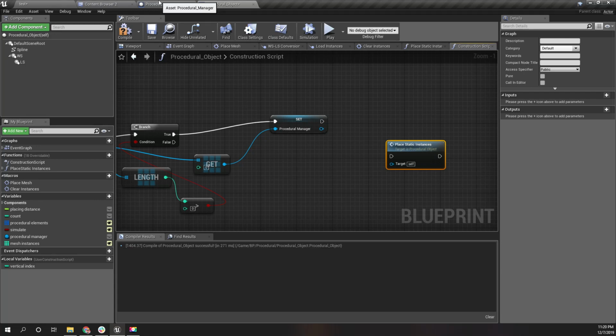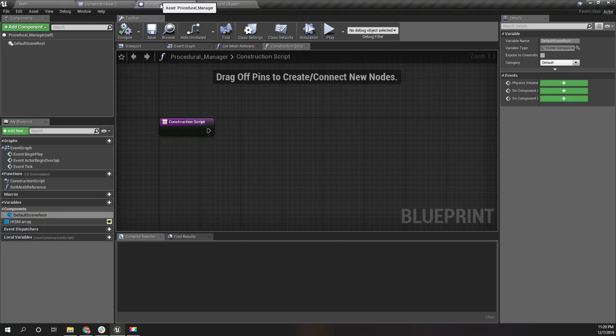And in the procedural manager, I'll add another function,